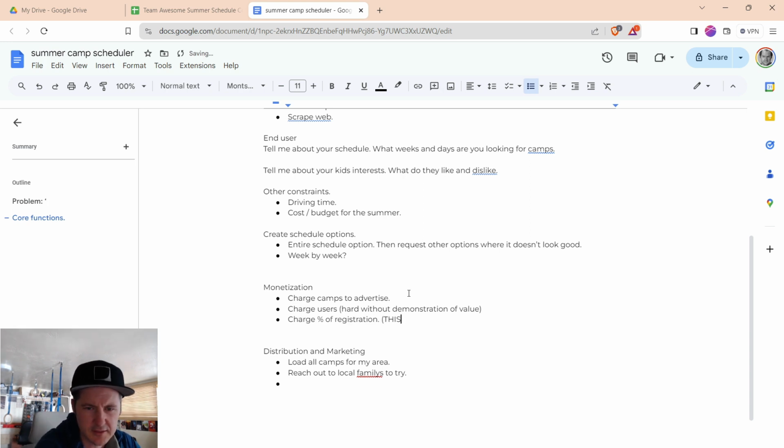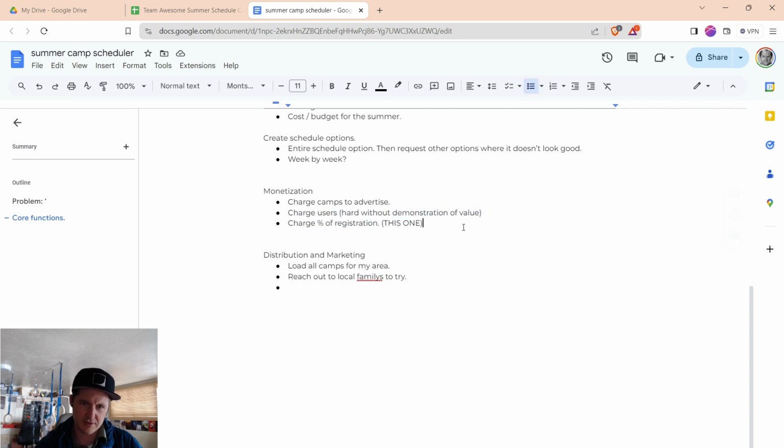And I think that's the one where you just get people to use it at first, and then we charge for registration, because the whole registration piece sucks. All these camps have different software, and users don't want to deal with it, and camps get value out of it if people actually register through the service. So I think that's the one. Let's just get it working, and then how does it grow?